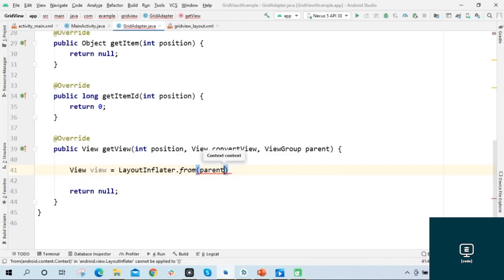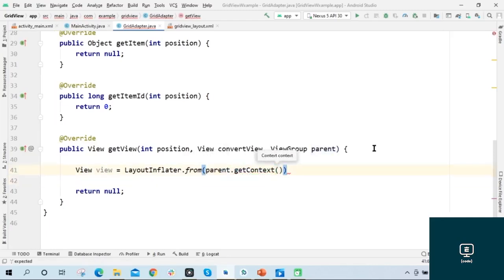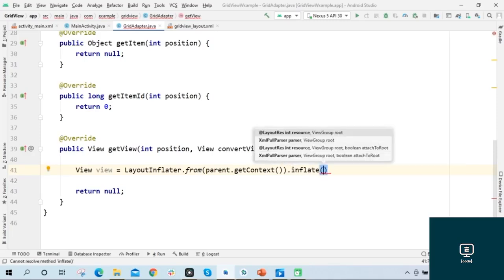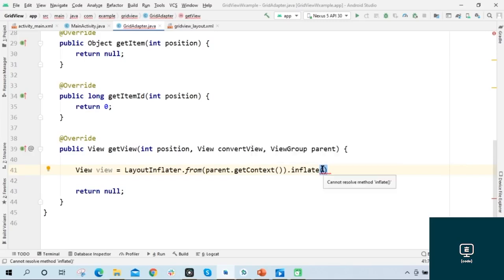So I've got to write context in parentheses. And you can write in here the context object that we created, or parent.getContext here. The parent object given as a parameter is the object of the view group, that is the main activity. So I write .inflate outside the parentheses,